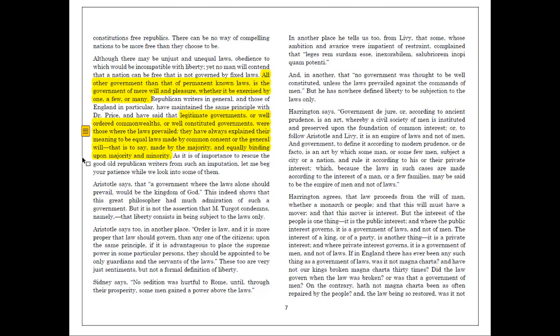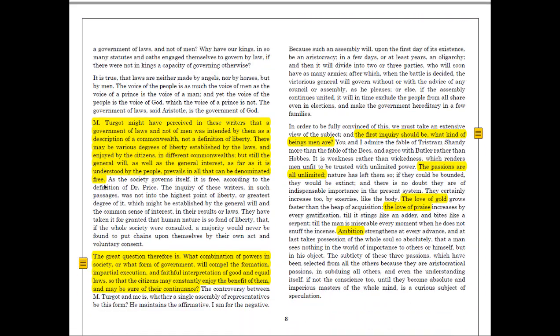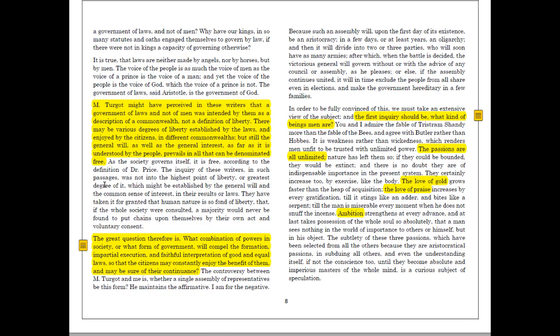And then he wants to try to affirm that distinction in these quotes from Aristotle, Sidney, Harrington, and so on. One of the things that Adams tries to do is show you how smart and well-read he is. And so this is sort of characteristic of the defense of the constitutions. Nevertheless, he's trying to make that same distinction between the minimal procedural criteria that have to be met as opposed to goodness or in the general interest, in the common good. And so we come to this kind of summation of this section on the left-hand column of 8. We can start with that first full paragraph that's not highlighted.